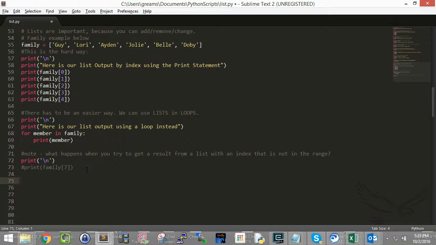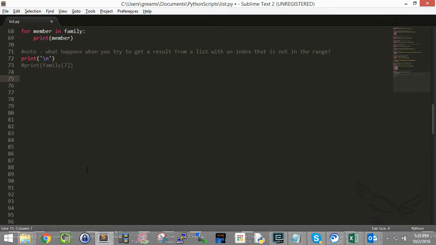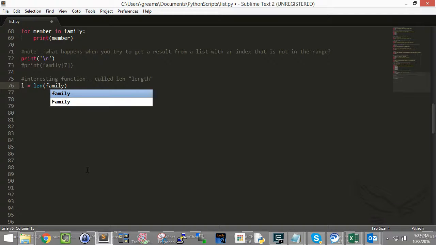So one way to do that is to use the range command. But in order for the range command to work, we have to know the length of something. Now, there's a cool, interesting function called len, or length. It actually stands for length. So I can figure out the length of something. So let's go ahead and try that. I want the length, so I can simply set L equal to the length of family, right? I want to know what the length is of my family. Then if I go ahead and print L,